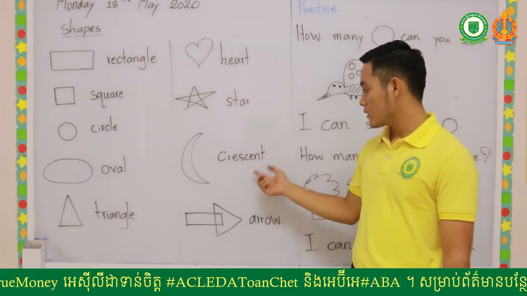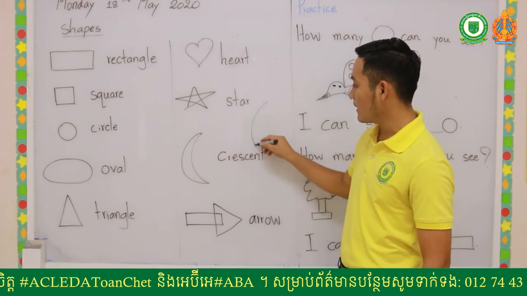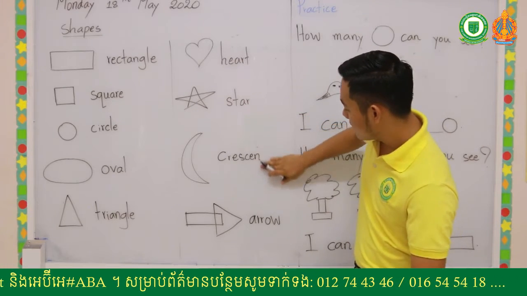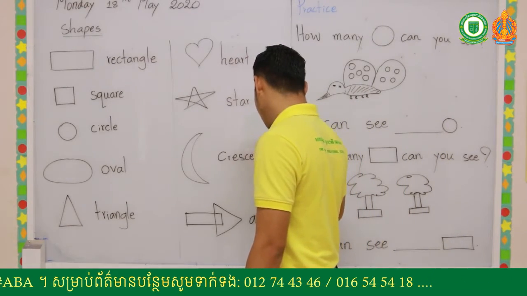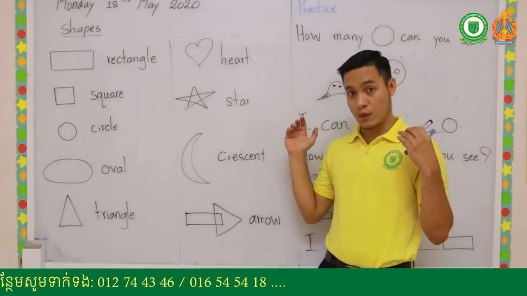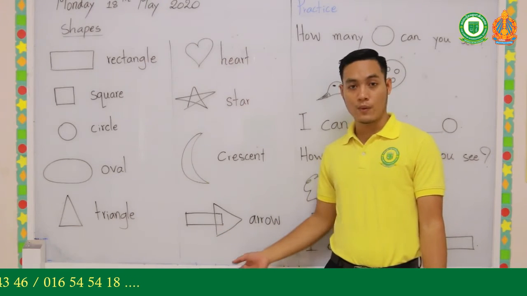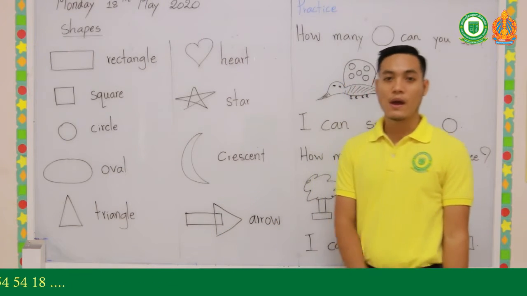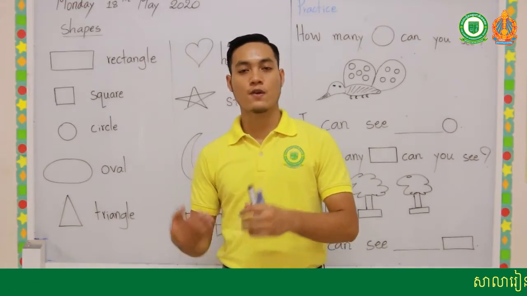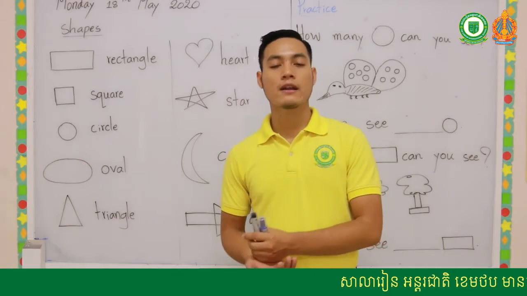Star. The next one is crescent. Crescent. Okay, crescent like that. Crescent. Alright, crescent. And the last one of the shapes that we learned today is arrow. Arrow. Alright. And hopefully you can catch up and also read the words clearly and better than before,